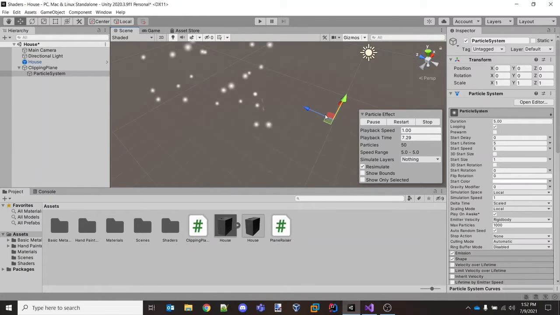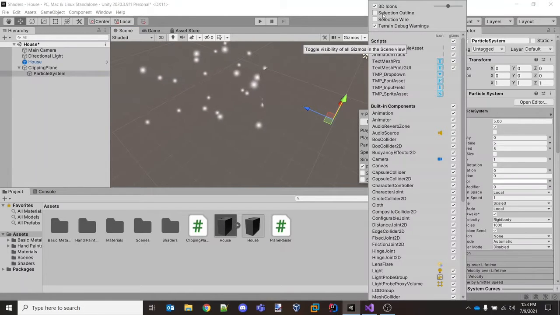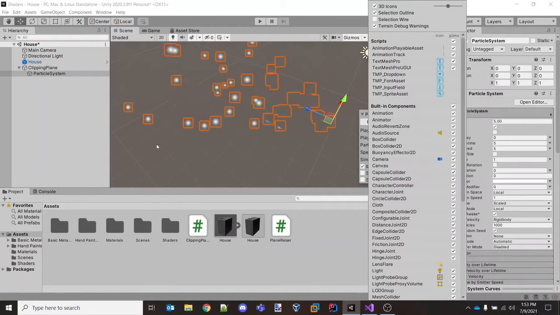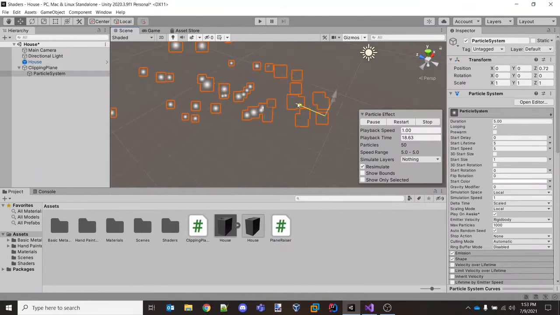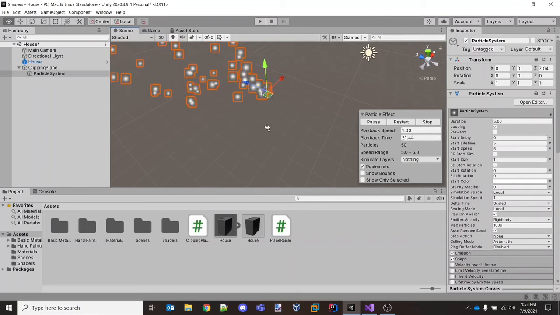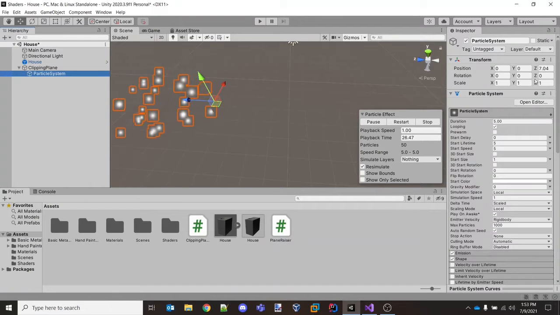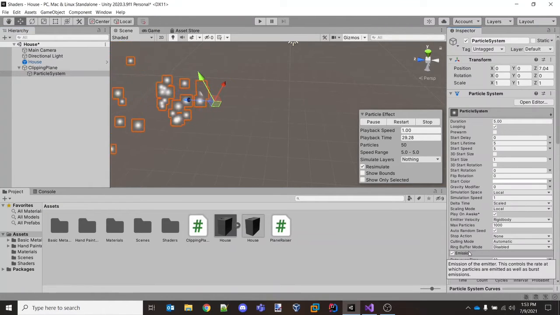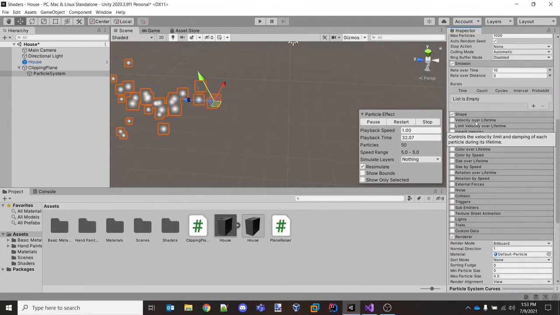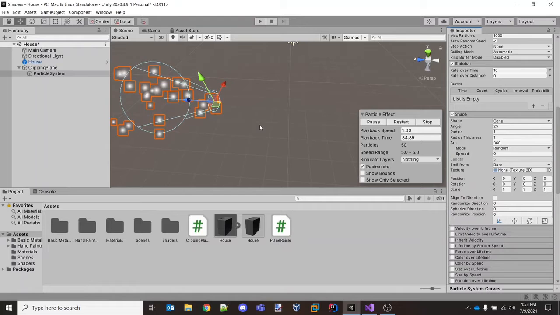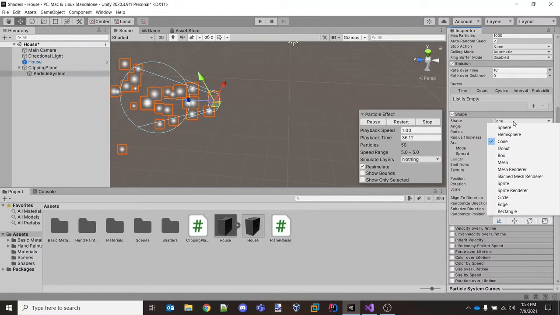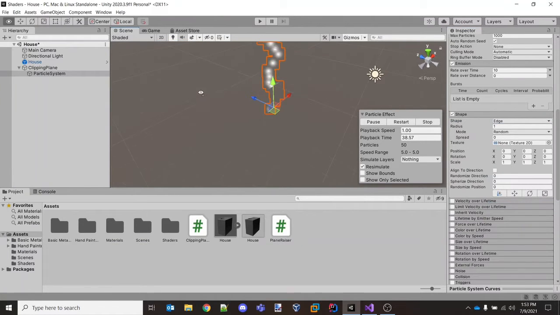You can see these particles going along. But I do like this selection outline so that I can see where all of them sort of are. At some point, we'll probably change this emission, but I don't want the shape to be a cone. I want them emitted from an edge. Here we go. So it looks like it's going straight up, which isn't great. So we'll have to rotate this around